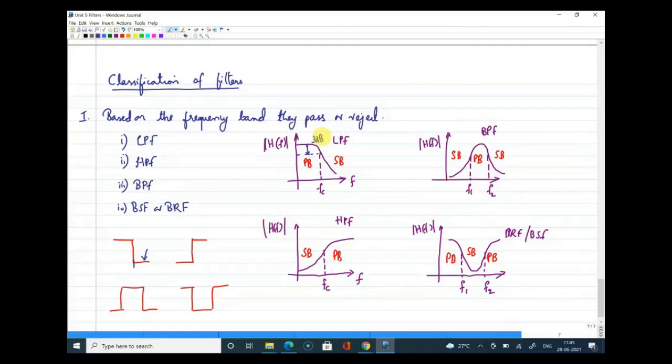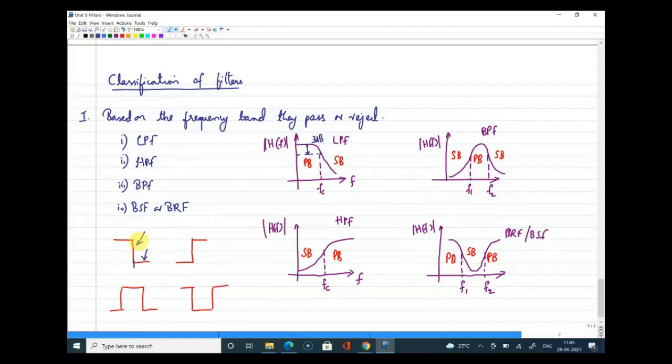I hope that is clear, Anushka, and we'll discuss it in more detail when we take up circuits from now. Amitesh, your question is why can't we have a brick wall response? Very good question. Why can't you have a response of this kind? Why can't we get a filter with a very sharp transition or a very sharp cutoff?